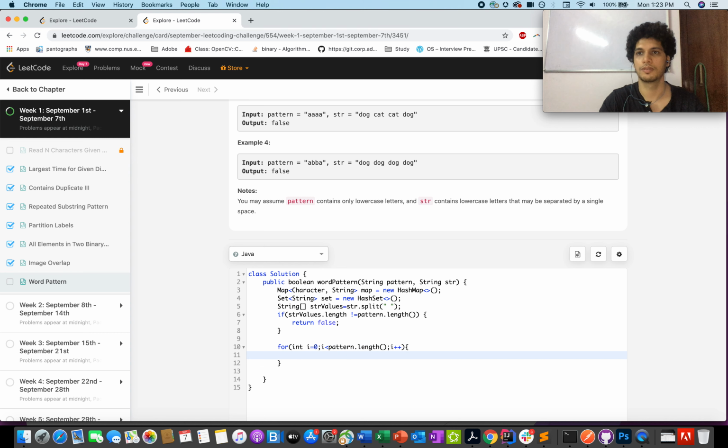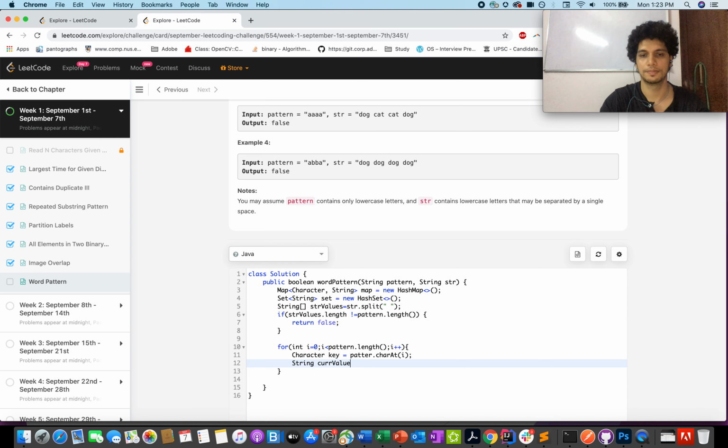You want to identify the key. Key in this case would be a character. Character key equals to pattern dot char at i. What is the current value of the string?